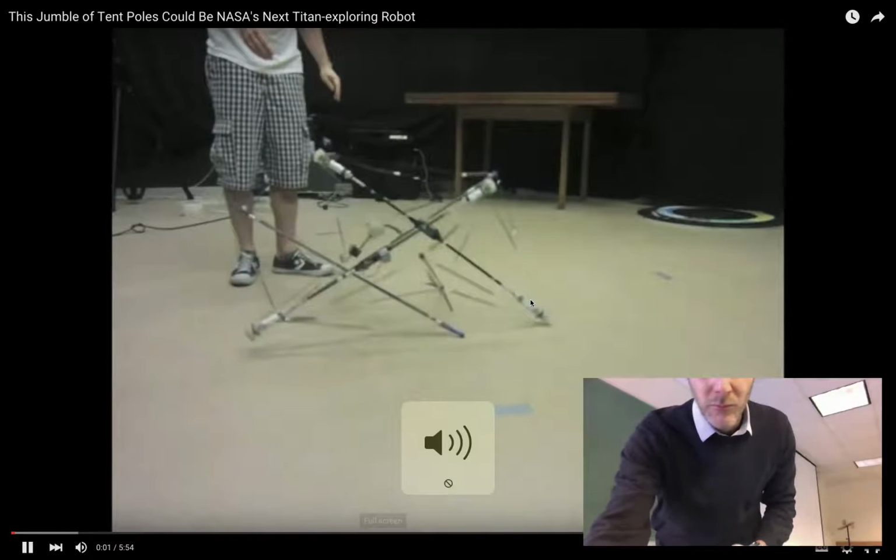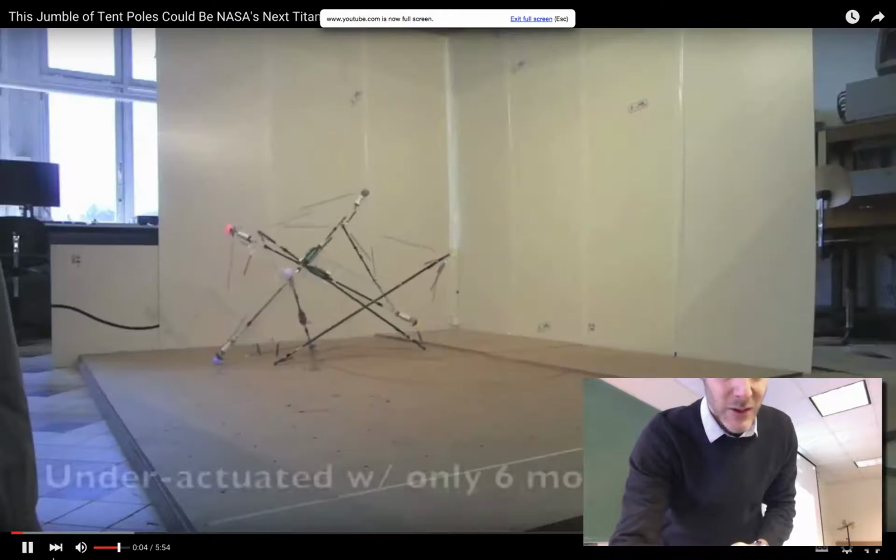We're investigating how to use these really novel tensile